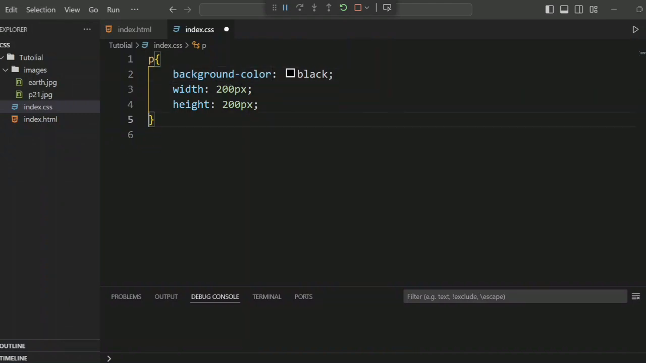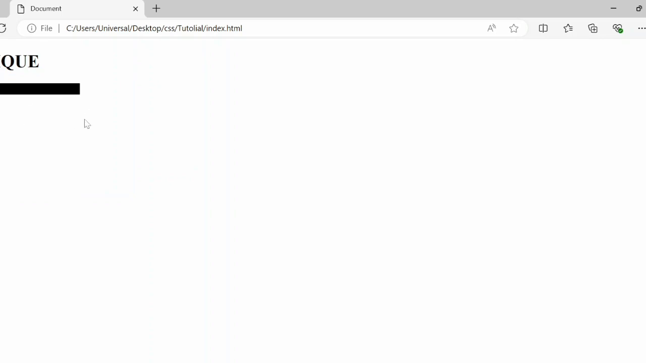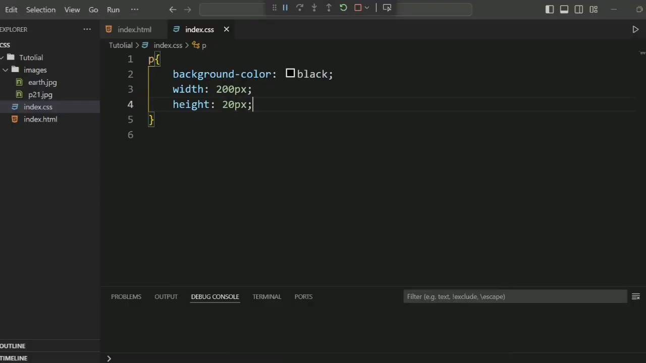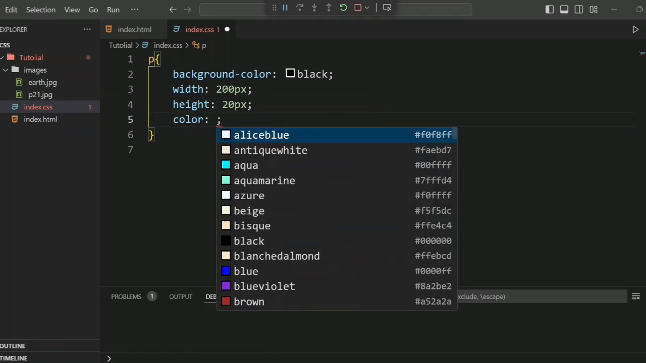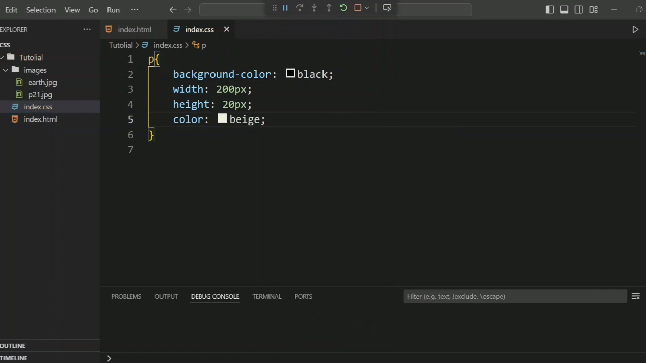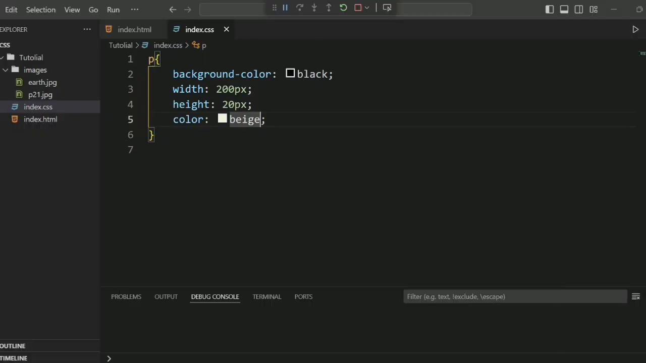When I change height to 20 and refresh, you see the height of this background also decreases. And when I change my text color to white or beige, when I refresh, you see the color changes. So what I want to show you is